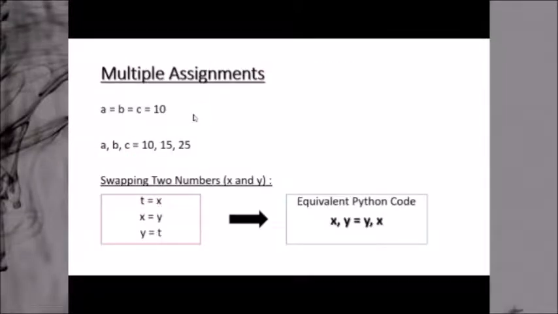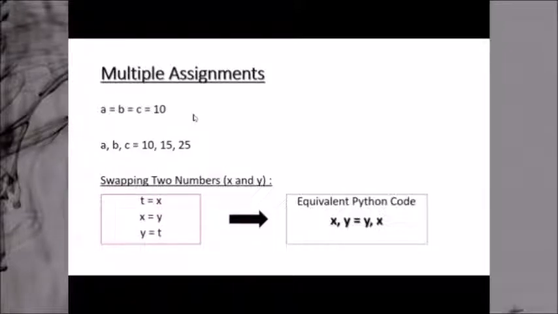Now before coming to the flow control, I would like to discuss some additional part of multiple assignments. We have discussed the assignment operator in the previous session, but I would like to discuss here another angle of the assignment operator, that is called multiple assignments. When you are working with variables, multiple variables can be initialized simultaneously with the help of multiple assignments. That is, you are declaring multiple variables with different values.